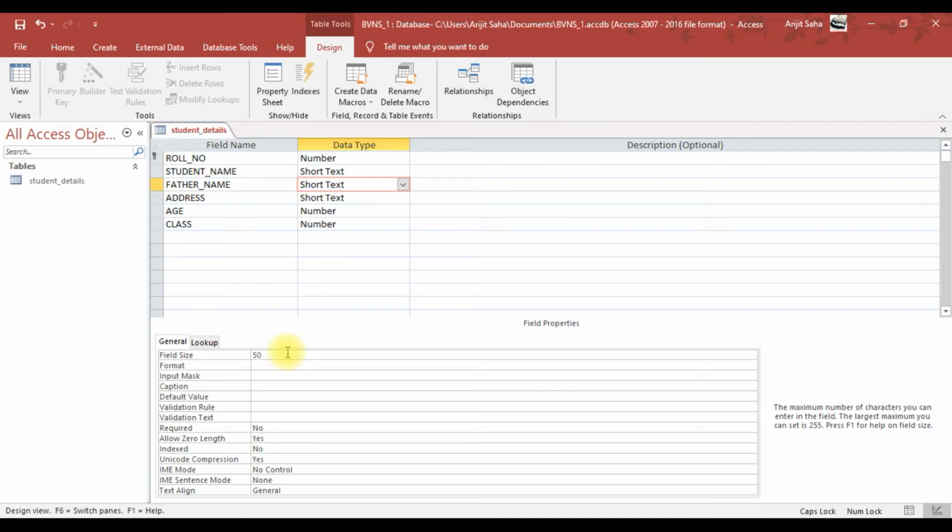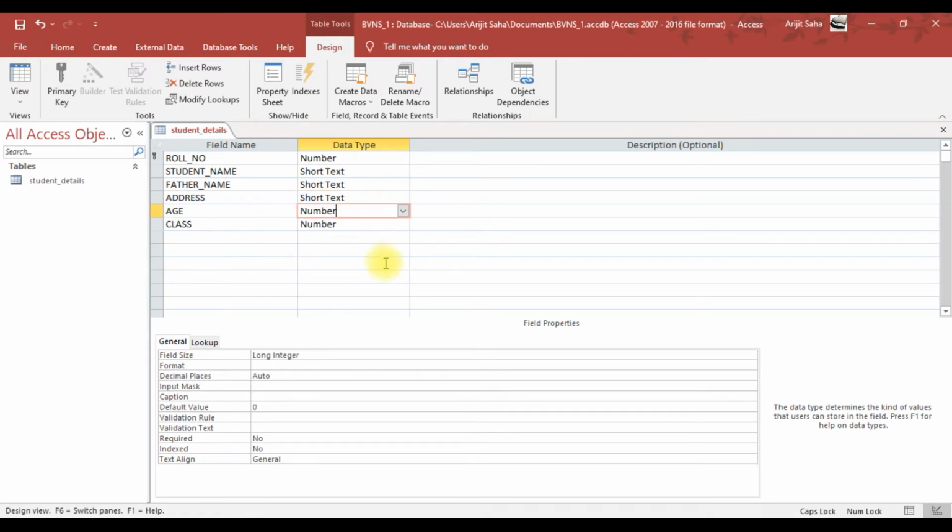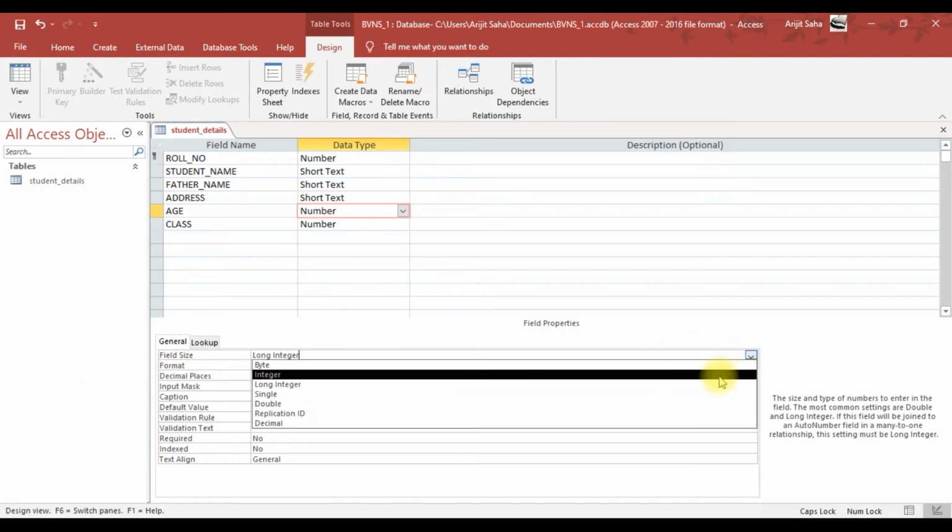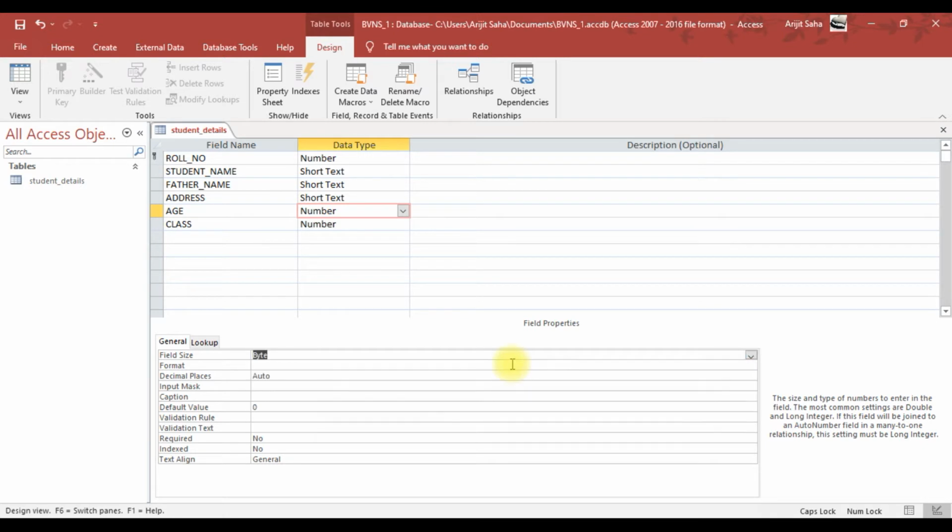We do not need so many characters for it, whereas for address, an address can be long, so we actually don't know how many characters we need, so we are going to leave the field size as 255. Now in case of age, what can a student's age be? Instead of going to a long integer, we can definitely go to byte, so that a byte can hold up to a numeric value of 255. We don't think any student will have an age of 255, so we are at a good place to store it like that.